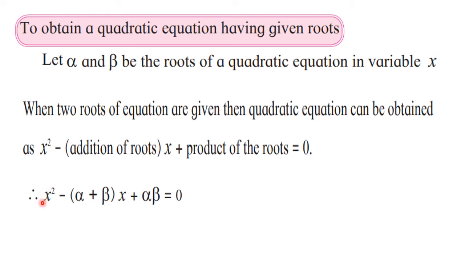Okay, the coefficient is 1 only here. So this is an important thing to be noted, that if alpha and beta are the two roots given, then we can use this formula or this equation to write down the roots. That means we know one root, we know the other root. So we can add them. That answer we are going to write here.